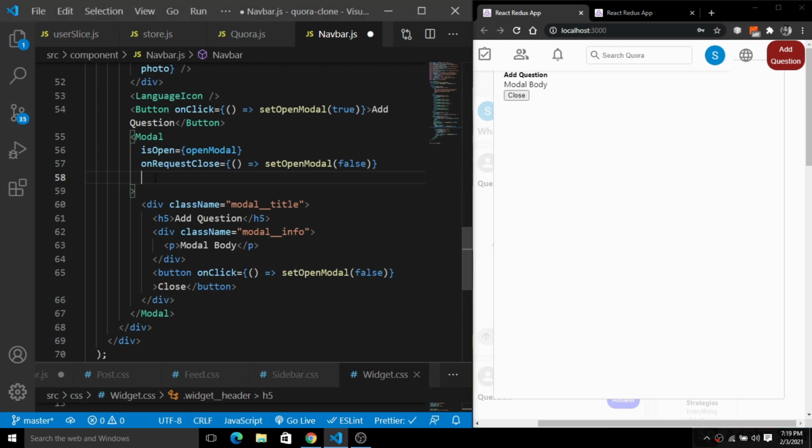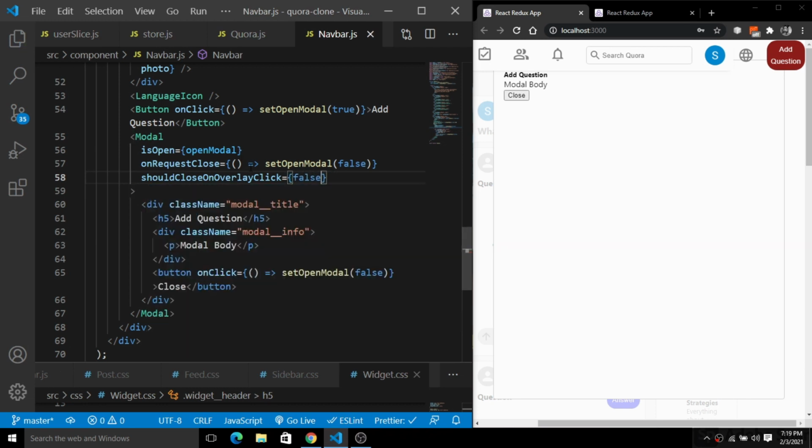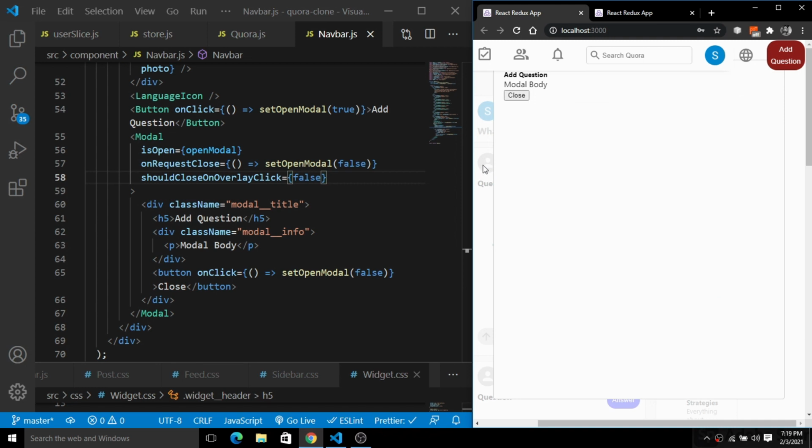Basically, inside of the modal properties, you have to simply add another property, that is shouldCloseOnOverlayClick. I will pass shouldCloseOnOverlayClick and here we will pass a boolean of false. When you save this, you will see the modal will not be closed when we click on the outer part of the screen.